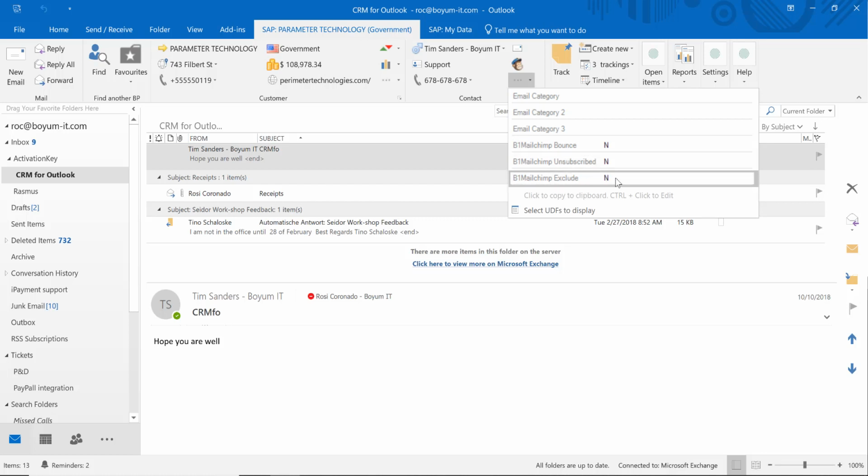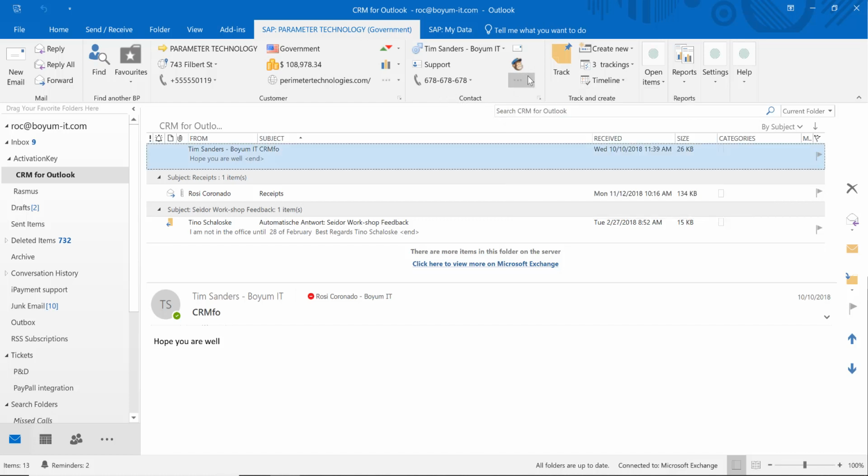It could say yes, then you don't add them to your MailChimp account, and so on. So you can display the user-defined fields here on the contact person also. Okay? What you see right here is tracking. Tracking is